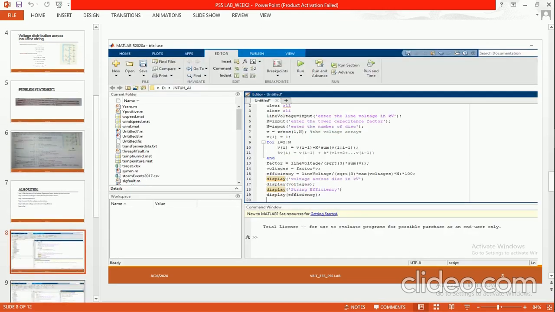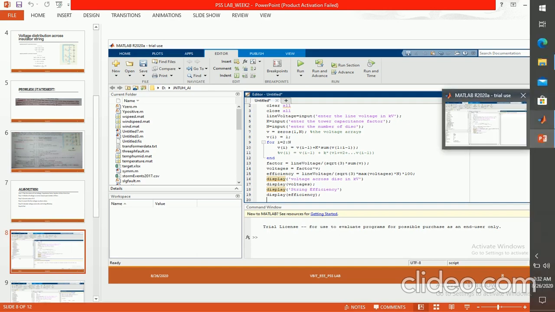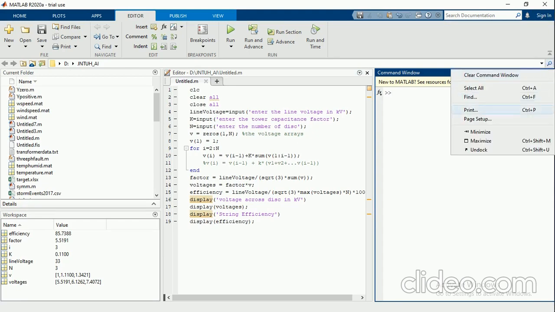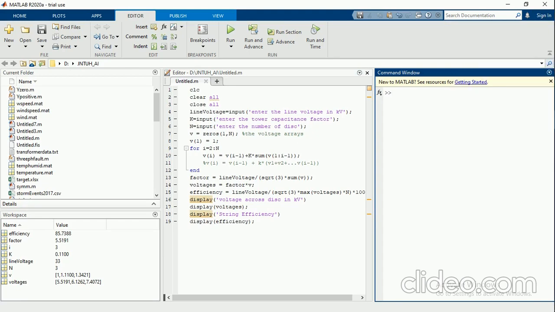So this is my MATLAB window. Here I go with each and every step.